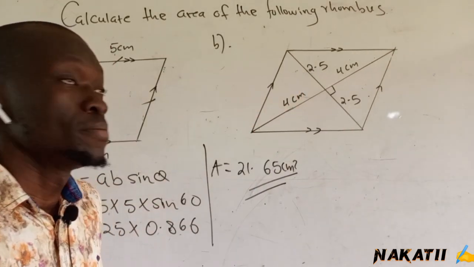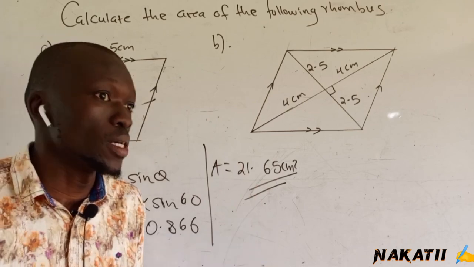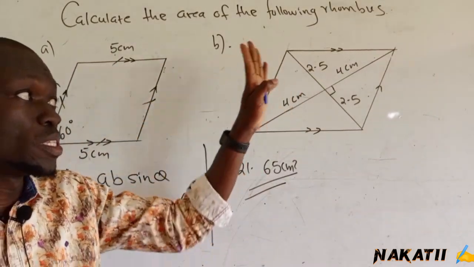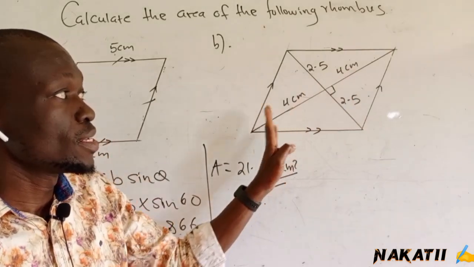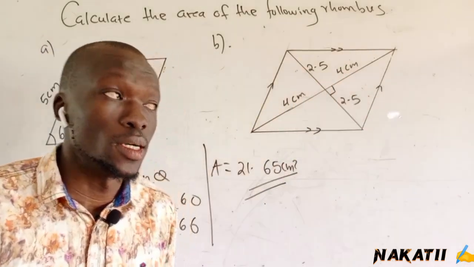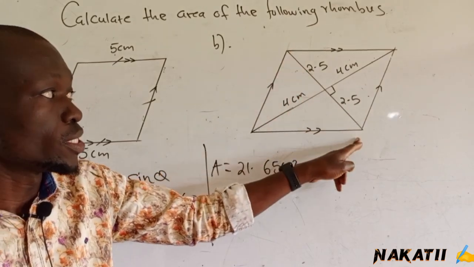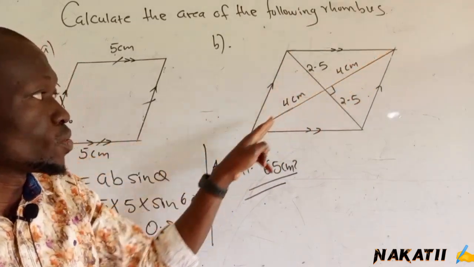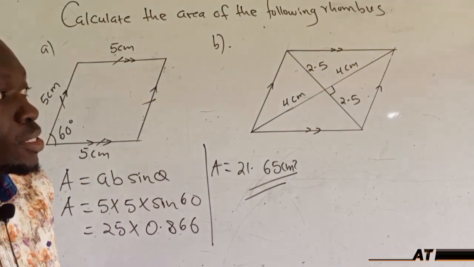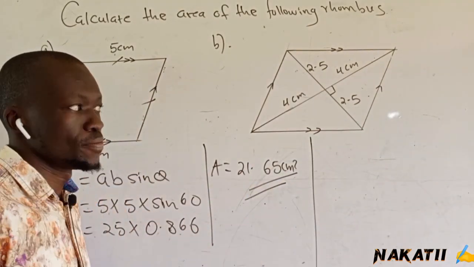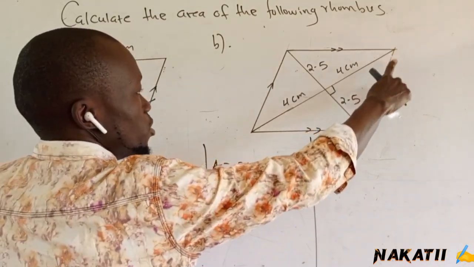If you come to B, again, it is still a rhombus, because we've been told it's a rhombus, meaning that all sides are equal. But we have not been given the sides. We have been given the diagonals of this rhombus. So from here to here it is 5 and this one is 8. We can use two methods, and the first one, you just divide them into two